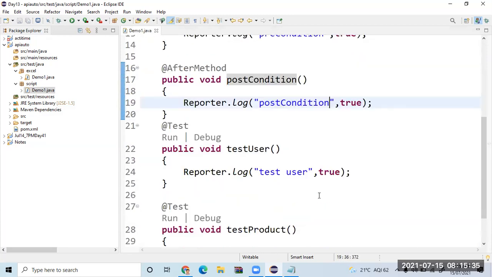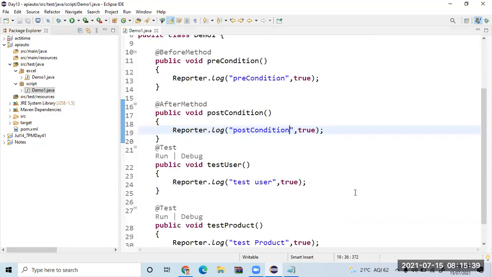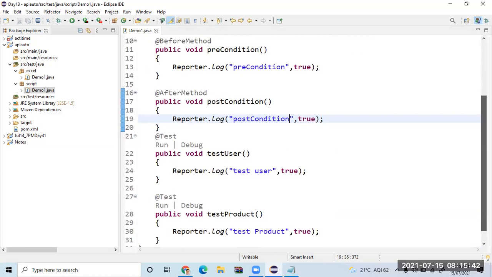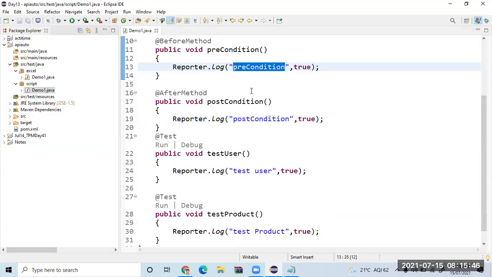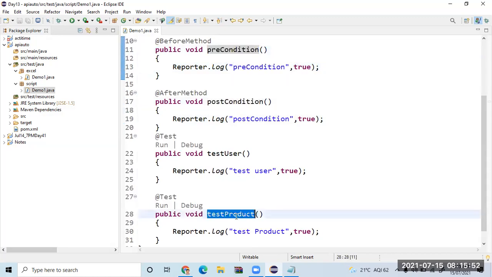Post condition. Can you guess the output by any chance? Precondition, test user, post condition. Again, precondition, test product, post condition. Am I right? Yes, sir. That is how it executes.